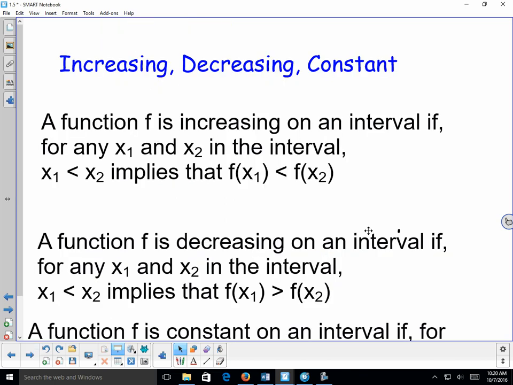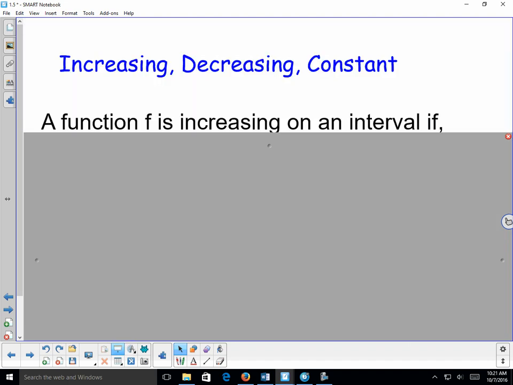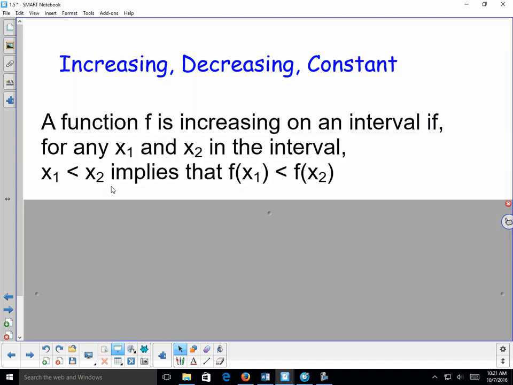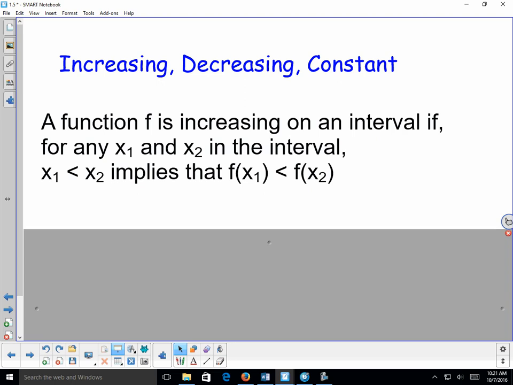Okay, so now we have these really rather wordy definitions of increasing, decreasing, and constant. So a function f is increasing on an interval if for any x1 and x2 in the interval, x1 less than x2 implies that f of x1 is less than f of x2. So if we can get a little visual of what's going on here,